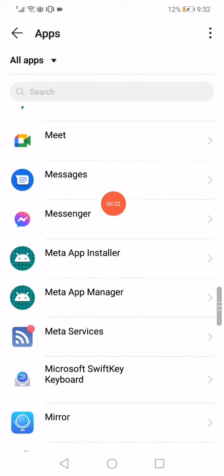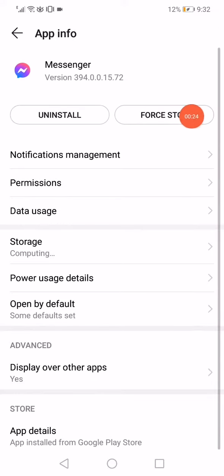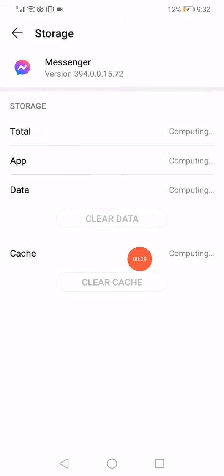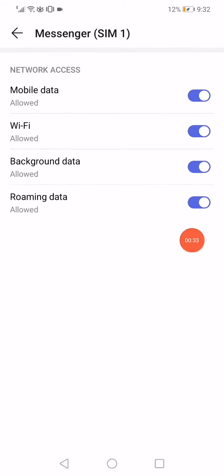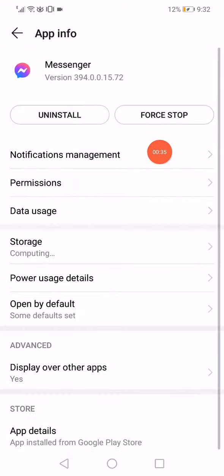When you find it, click on it like this and then click on Force Stop. After that, click on Storage and then click on Clear Data and Clear Cache. Go back again, click on Data Usage and disable the roaming data like this, and then go back, click on